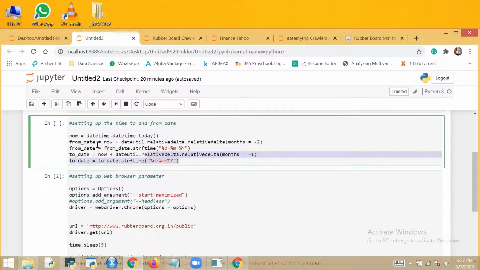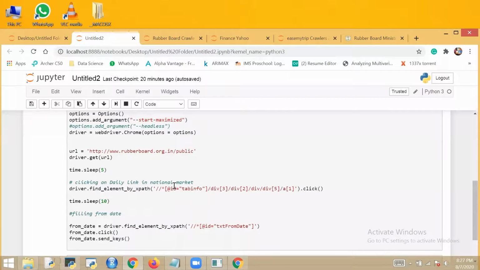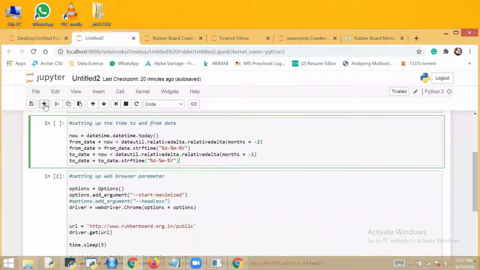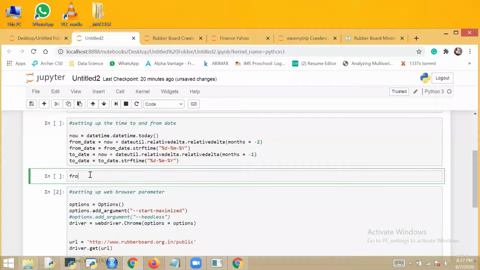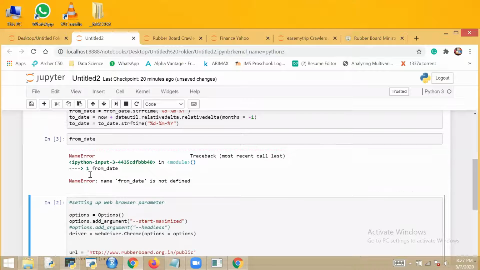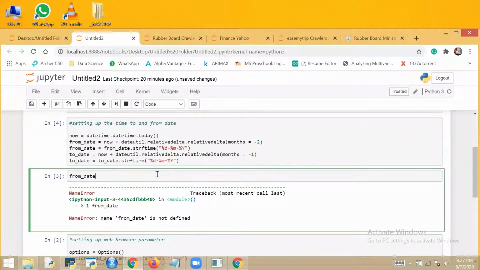Okay, this is the date I've taken, relative date. Send keys, I've taken out from date, which looks like, sorry, it needs to be executed.